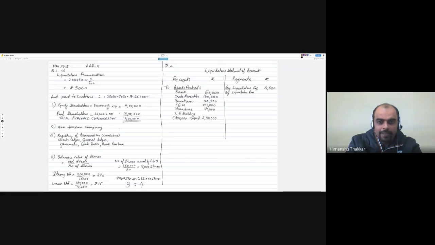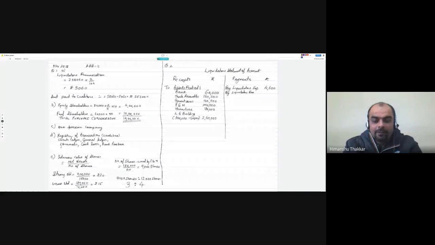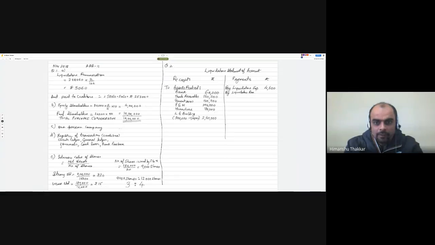And for land and building, the total is, add land and building, total 340. We have already written this in assets realized. You can write opening cash balance separately, or as such I have written it together. Have you included the total amount of land and building? The total amount of land and building is 3,40,000, not 2,40,000. The liquidator has realized 3,40,000. So the total of assets realized will be